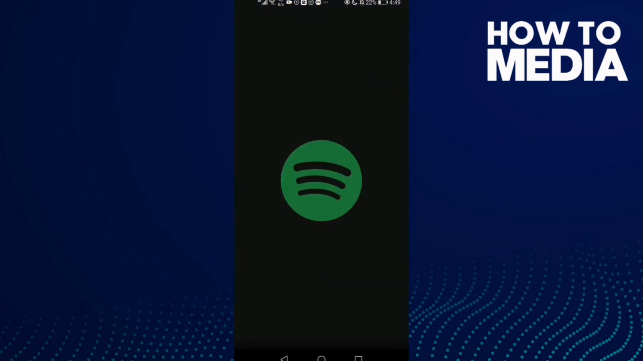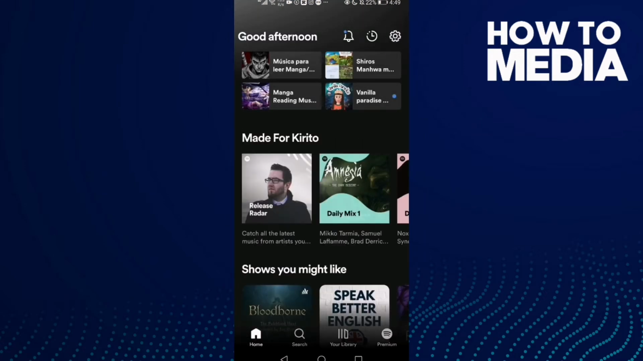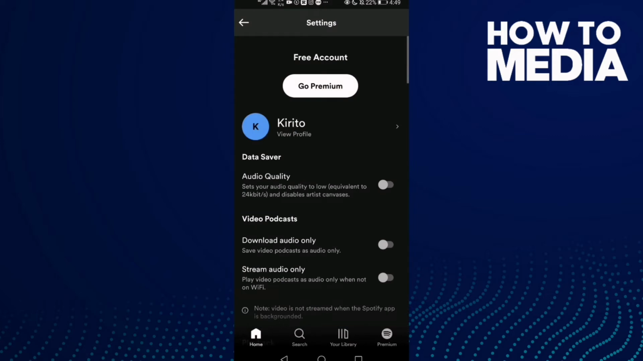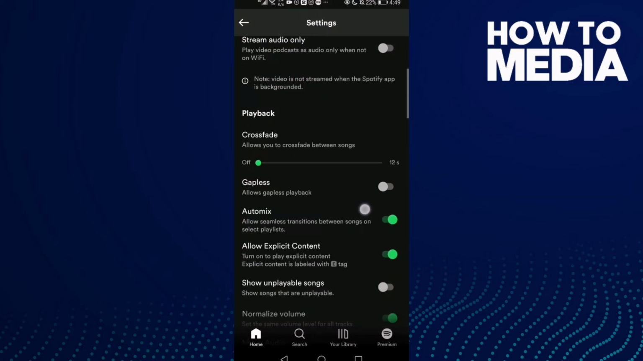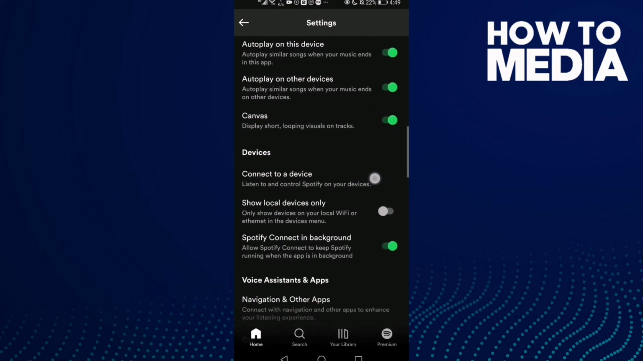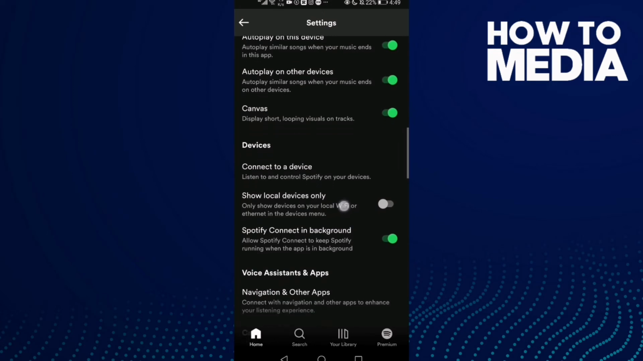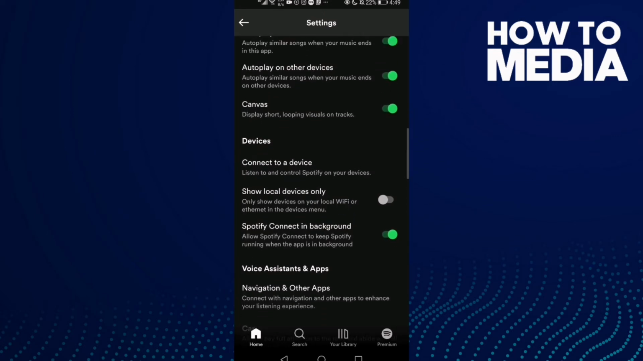First go to Spotify and then click this one to go to settings, and now you need to find this one here, show local devices only, and if you want to turn it on just click on it, and